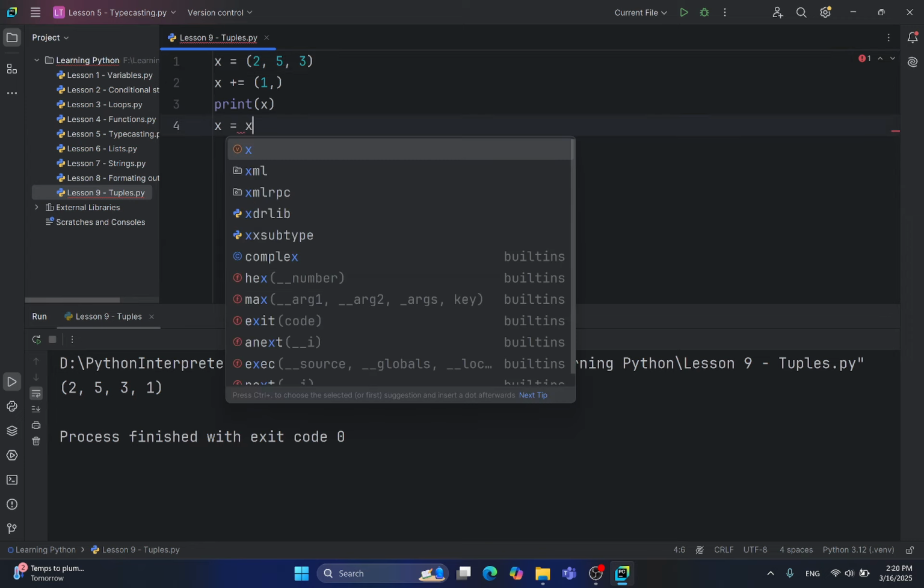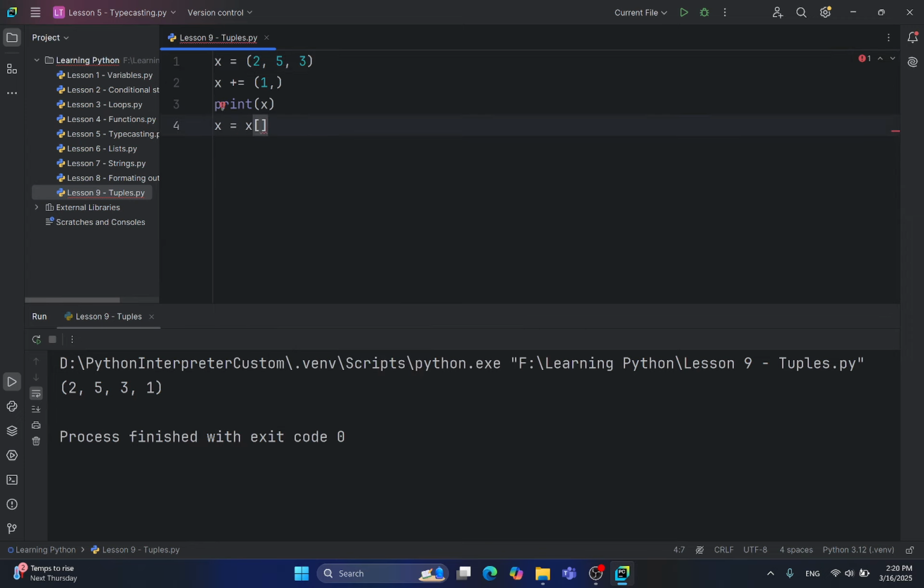I can write x, open the square brackets, and then write nothing to start from the beginning, and 2, because the position of 3 is 2, and that position is excluded, which means this will get me the first two elements, 2 and 5. And now, plus, to merge, I want 4, and then